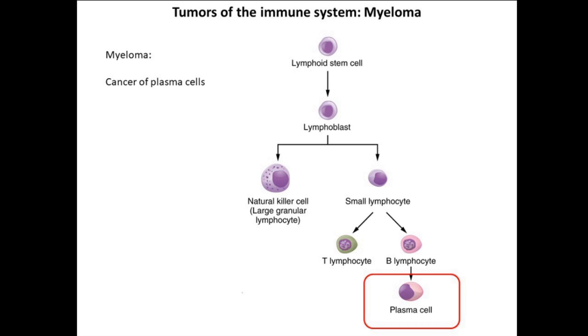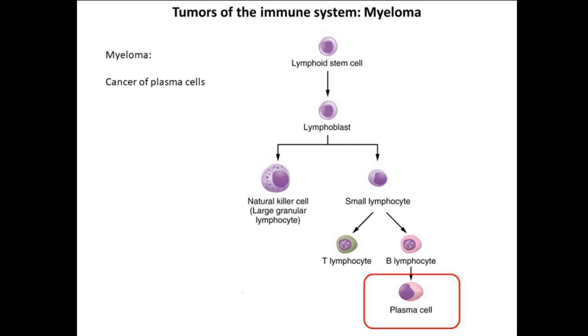Next we go on to another type of cancer of the blood, called myeloma. This is the cancer of the plasma cells. As you can see in the figure, plasma cells are mature B cells. Once the B lymphocyte encounters the different antigens it comes across in the blood, it matures and differentiates to form the plasma cell. If the plasma cell starts to divide in an uncontrolled fashion, we term it myeloma.